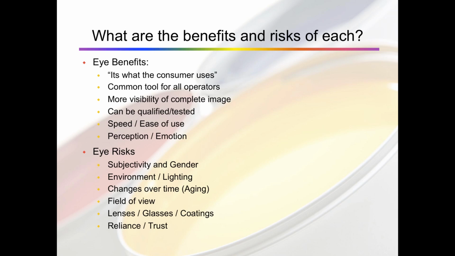The last problem with the eye is our own reliance and trust upon it. You know, we like to believe what we see as people. We say, well, I see something there and I don't see it as a good color match. I trust my eye. So even though this instrument tells me it's a bad color match, well, I trust my eye. It looks like it's either failing or passing, and I'm going to accept it or reject it based upon that. So our own built-in trust and reliance upon our eyes, which we all have, is actually a risk and something we need to be careful upon.